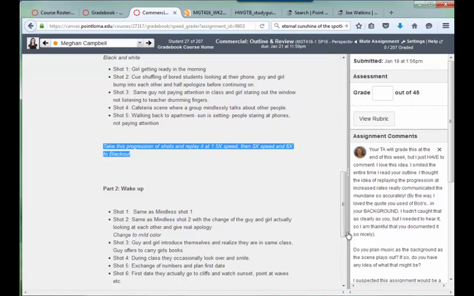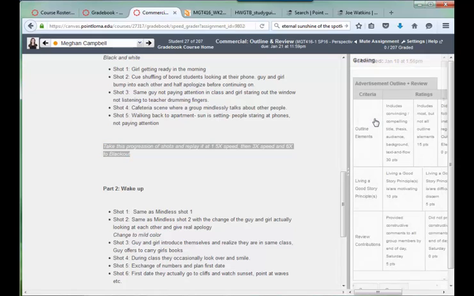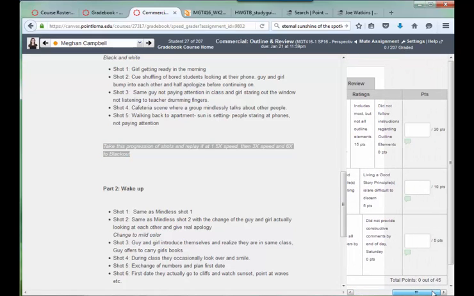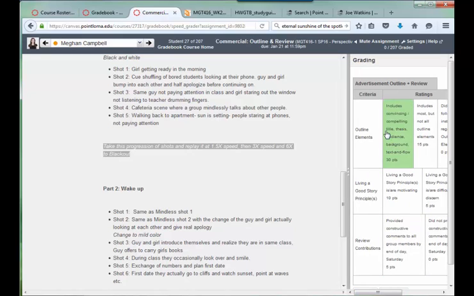Now, when it's time for you to grade these at the end of the week, you will click on View Rubric, and you can see the criterion there for each area. I often just look at the first one because sometimes they hit that right on the mark. So here it includes convincing, compelling title, thesis, audience. Per audience, everybody's audience is the same. Background and text and flow. I'd say yes, this person got 30 points. So I'd just click on that 30-point one. I'm not going to do it right now because I don't want to mess up anything.